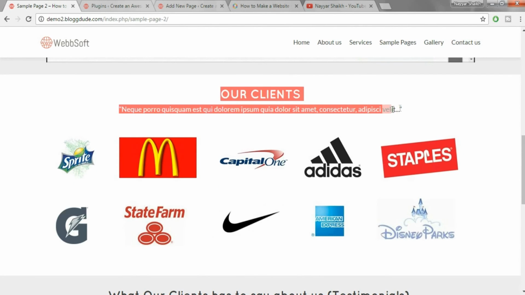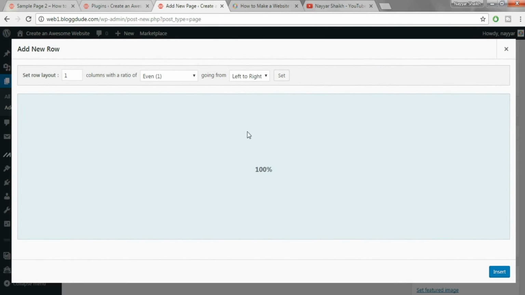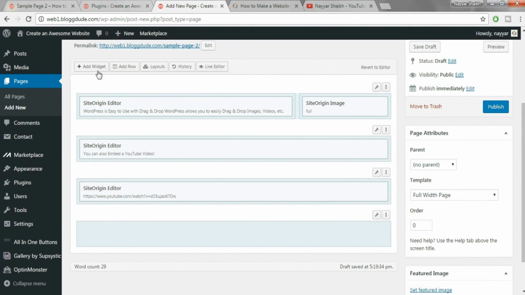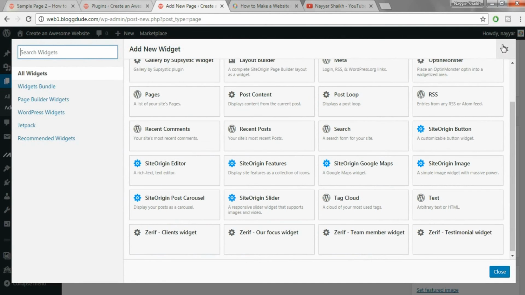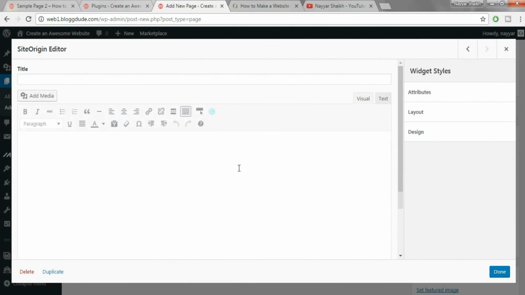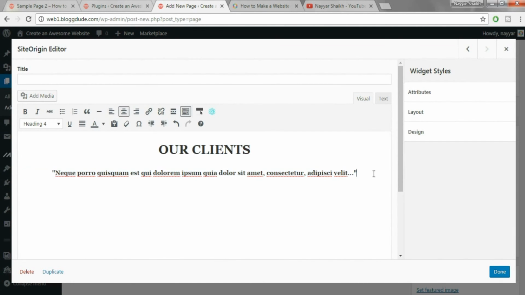Okay, now we have our clients, so we have to create this row now. So come back to the page, add a new row, drag this row to the bottom, and now add the site origin editor widget. Now click on edit and paste the code and just center align everything, and now we have to add the